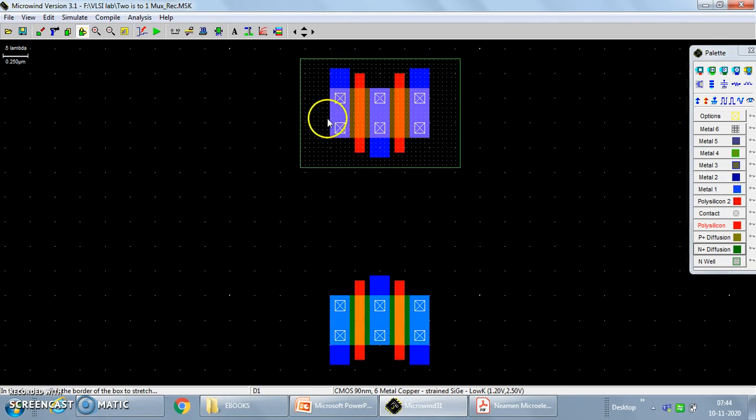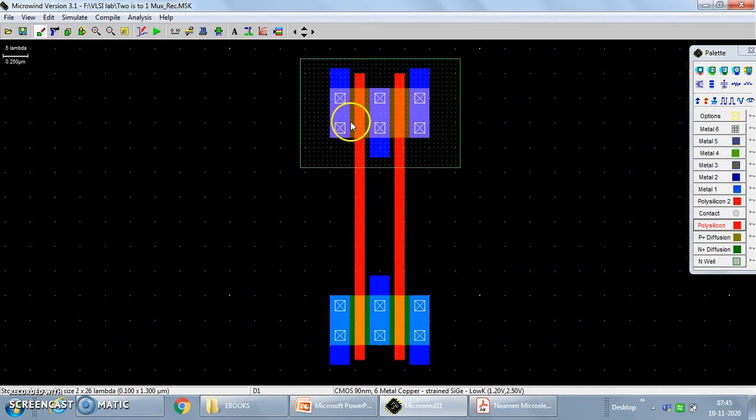Let us consider this as P1 and this as P2. We can give the labels for reference at the end, otherwise it will be confusing. Let us call this N2 and this N1. P1 and N2 gates are provided with the common input, so we'll join these two layers. Similarly, we'll join the other two gates, where one is provided with the S input and another with S bar. These are the connections for the input.